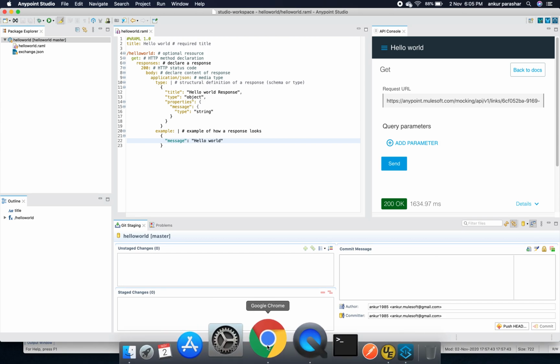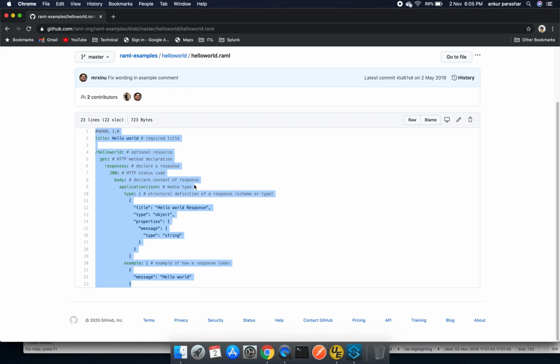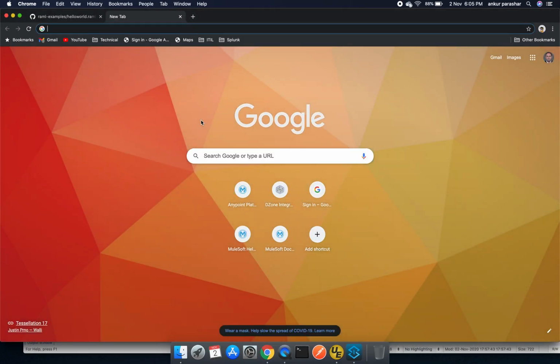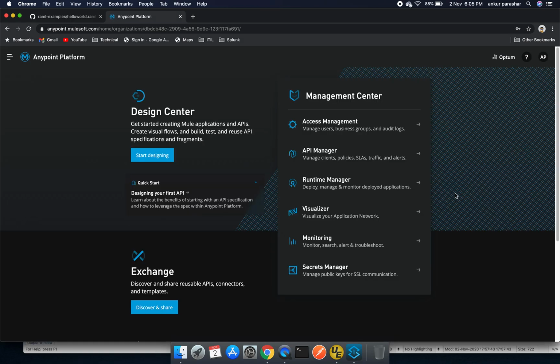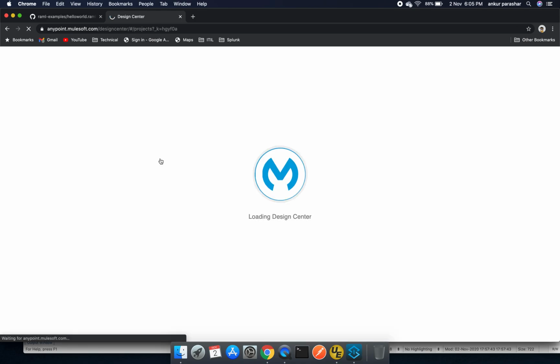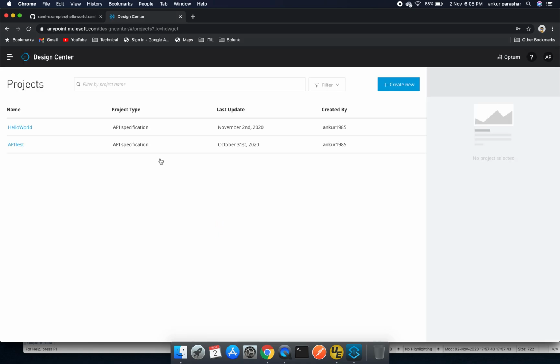Just to cross check whether it is appearing on our platform or not, let's log into our platform. So this is anypoint.mulesoft.com. Just logging onto the platform site. I will click on this start designing and let's see if there is anything already available or not.